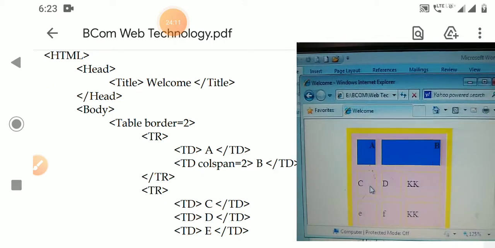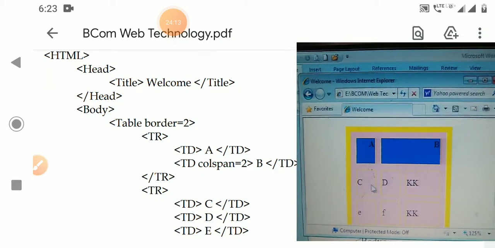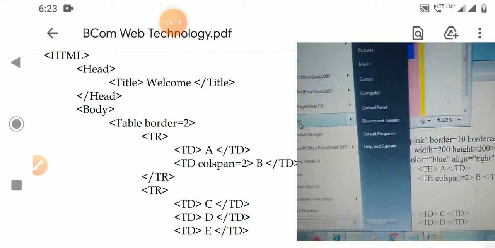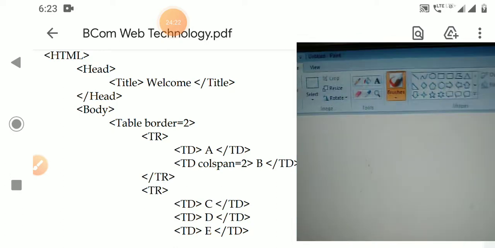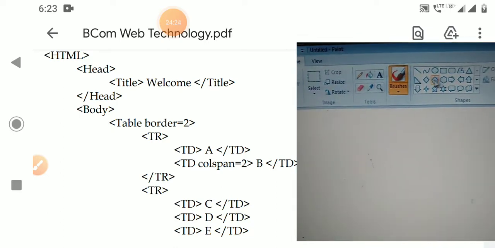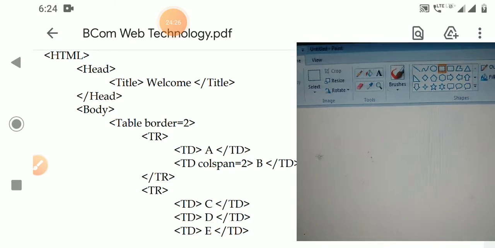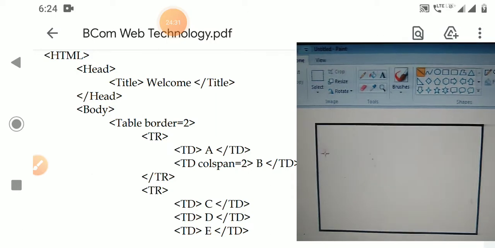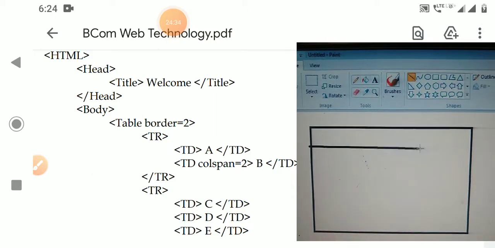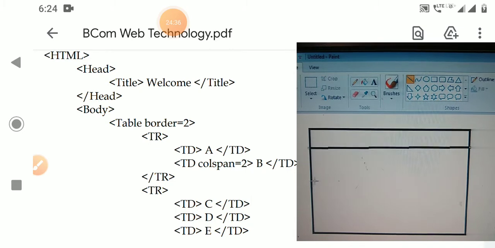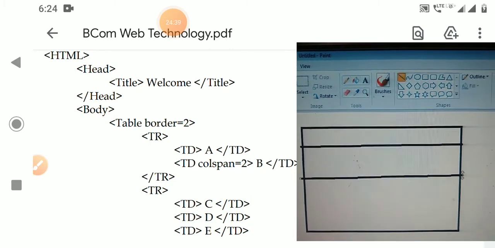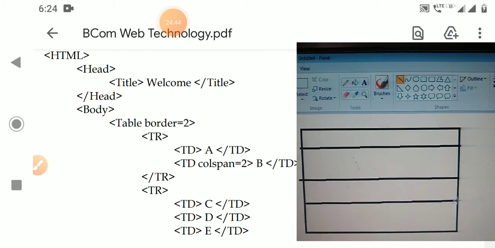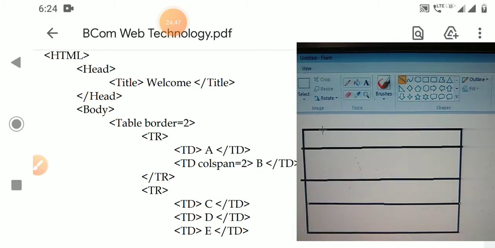So to draw your own program and write your own code, try it yourself. I will give you an example homework question. All of you write this homework and send it to me. The homework is: write an HTML program to display your class timetable. The table has to look like this. Write the program so that the table comes out like this, and send me the output and program in the WhatsApp group.